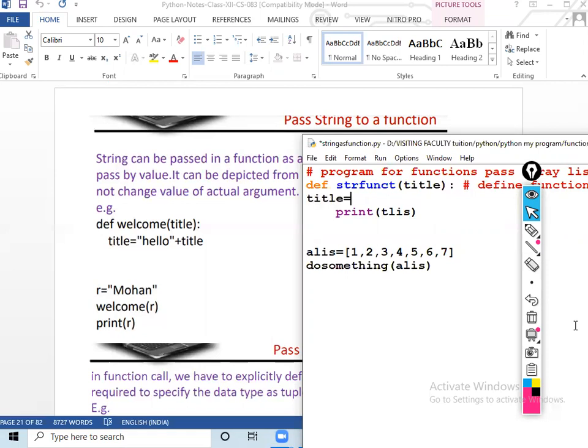Title equals hello plus title. Another string, I will assign it the string Nilesh.